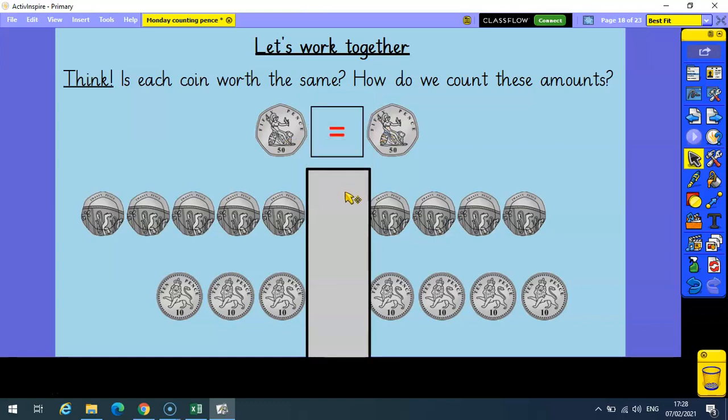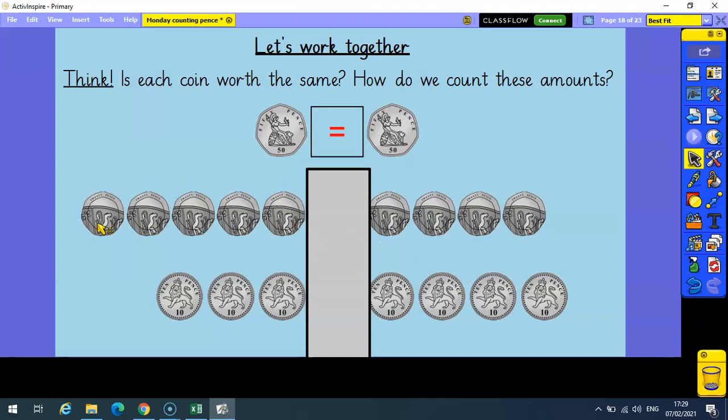Yes, you're right. They're the same. They are equal. Here I'm looking at 20p coins. So I've got 10, 20, 30, 40, 50, 60, 70, 80, 90, 100. And here, 20, 40, 60, 80. I can also, to be easier, just count that there are 4 20p here